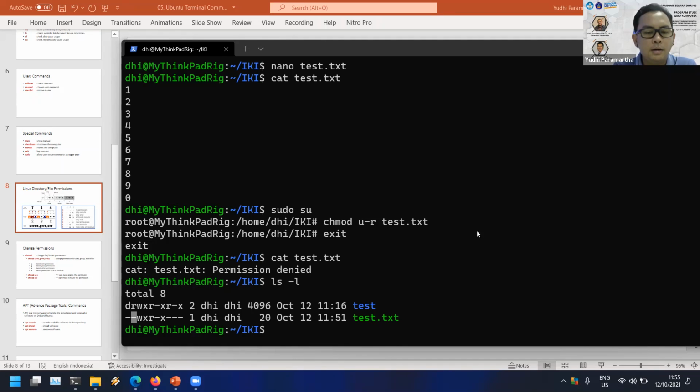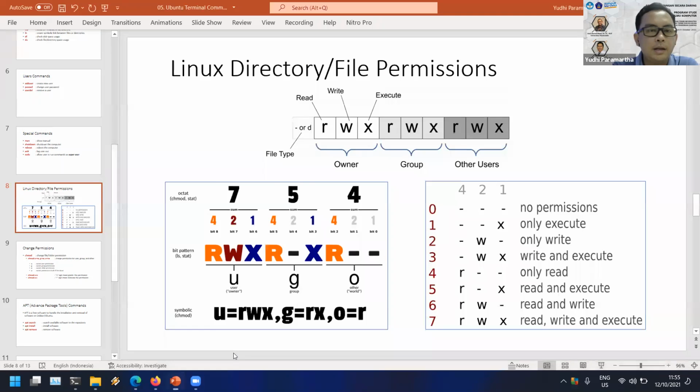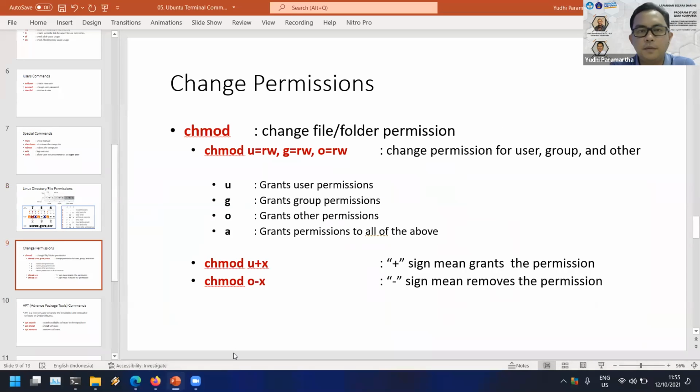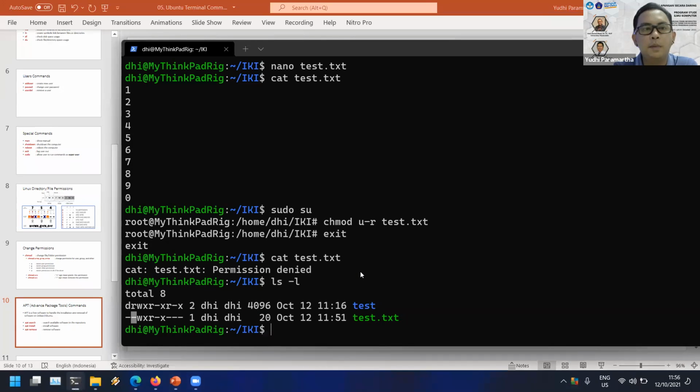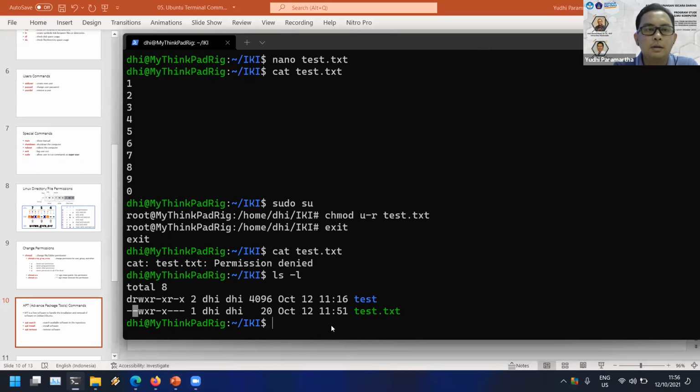So you have to secure your server by using the file permission properly. Okay. The next slide is the same permission that we talked about. Okay, and then this is the package tool. We call that APT. Maybe it's like Google Play in Linux. Okay, we could install an application by using the APT command.